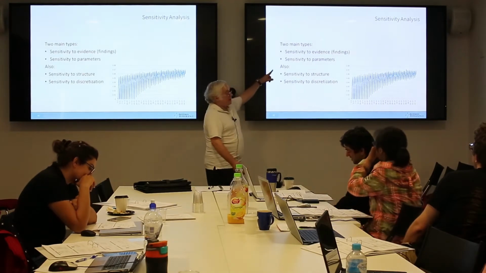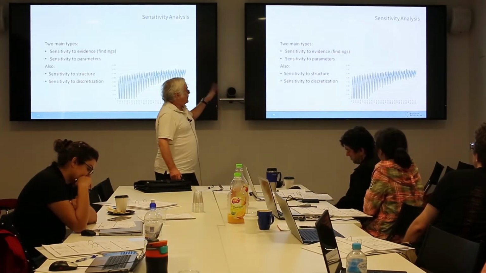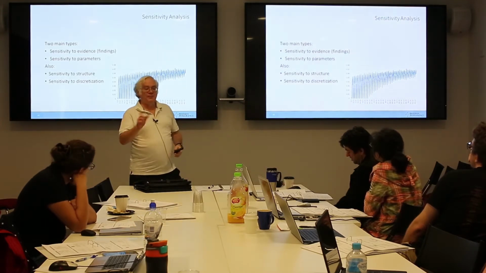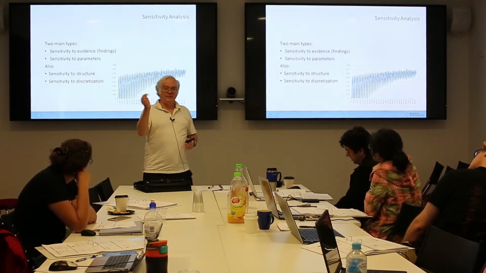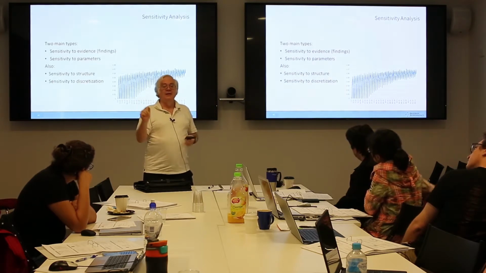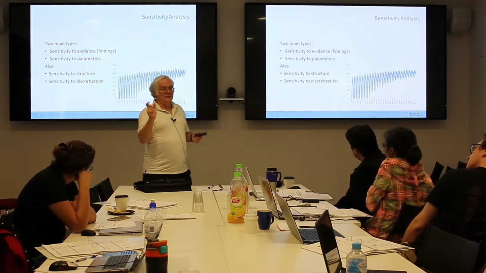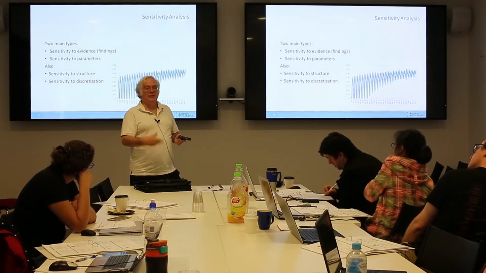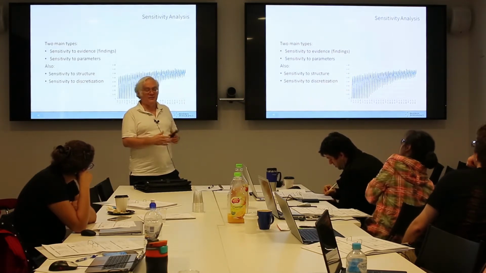Okay, so sensitivity to evidence, that means observing different values. You can automate some of that. Sensitivity to parameters, likewise, you could always just pop into a CPT and hit a different parameter, say, I'm not sure this is 0.2, maybe it's 0.25, what happens? But instead of that, you can ask some of the tools to just run through a range of values and see what happens for all of them automatically. You save a lot of time.